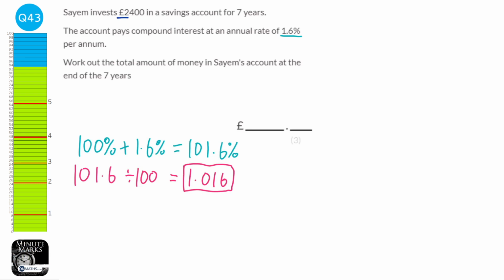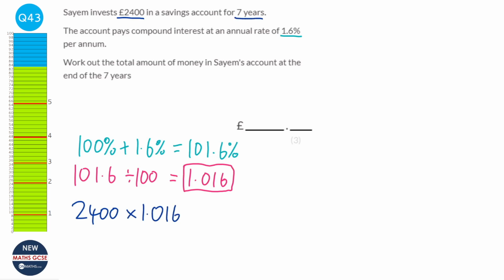Now, we're told that we start off with 2,400. That's our original amount. And to find out what it's going to be in the savings account at the end of the first year, we just times it by the multiplier, 1.016. But we're told that it's for 7 years that it's going to be in there. So we then times it by 1.016 7 times, or an easier way of doing it is 1.016 to the power of 7. When we do that, we get 2,682.052 and so on,